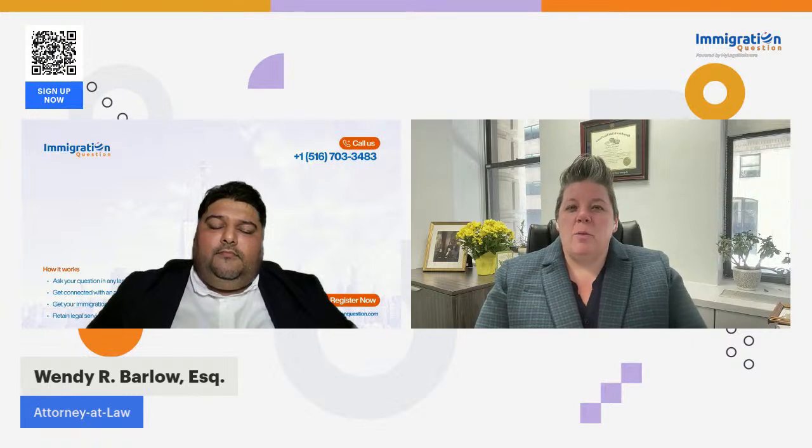O visas are for people with extraordinary ability. There are a lot of different ones. One of the best ways to get an idea of what may be your best option is honestly going to the Department of State's website. They publish all the visa types, or even if you don't want to, you could go to the website for the US embassy or consulate in your country, because